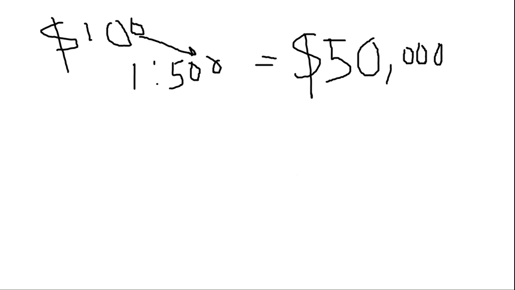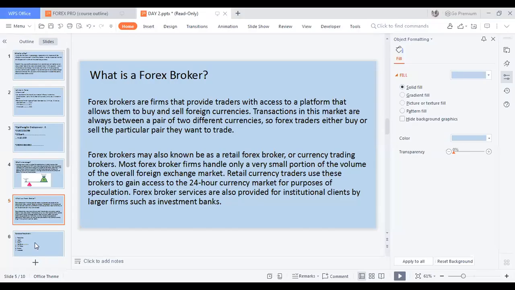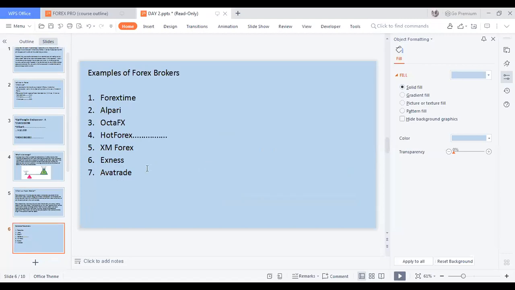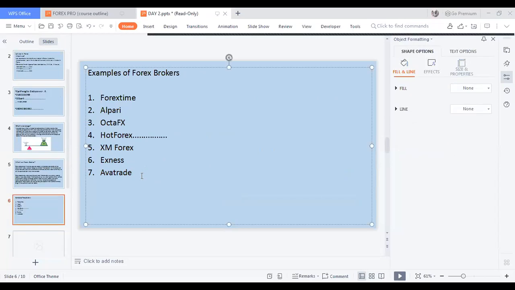Let me proceed now. My next phase is brokers. Brokers are firms that provide a platform for us to buy and sell foreign currencies. Let me just go straight to the types of brokers. There are several types of brokers. There is Forex Time, there is OptaFX, there is Hot Forex, there is XM Forex, there is Avatrade, there is